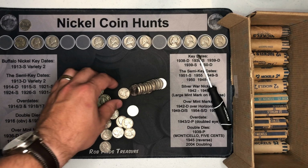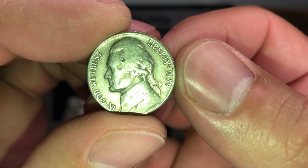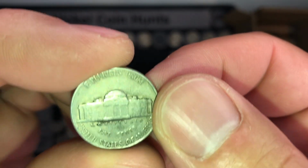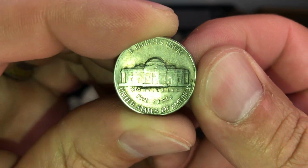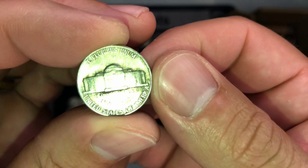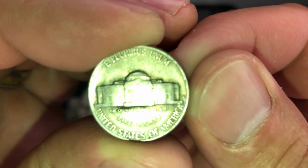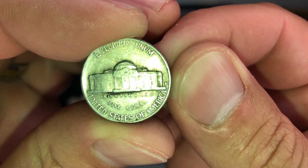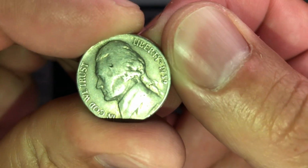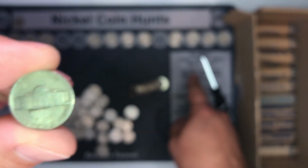We're on roll 40, and we have a 30s nickel. 1939. Can we get a mint mark, please? We have one. We have a key date nickel. I'm sorry, this is not exactly professional, but boom! 1939 S, San Francisco, key date